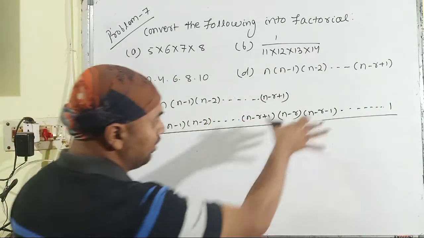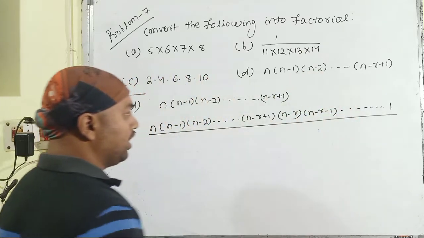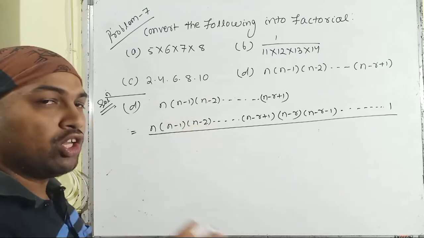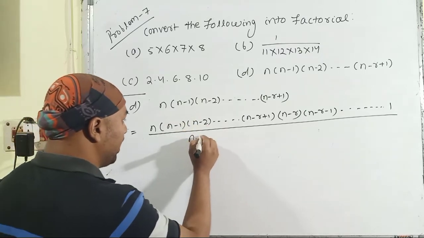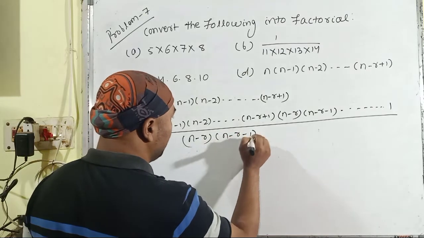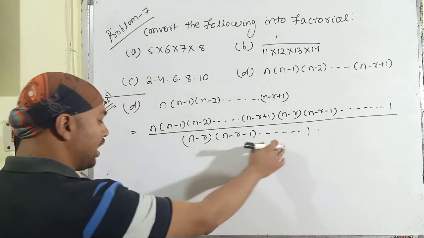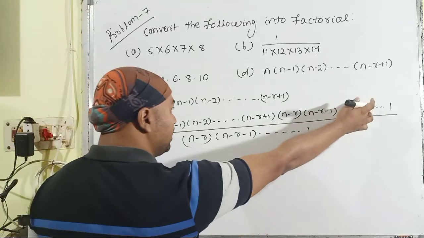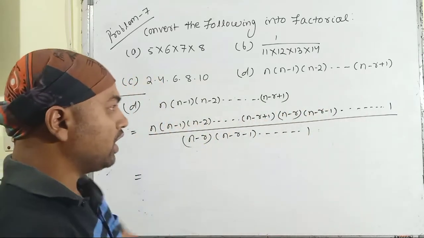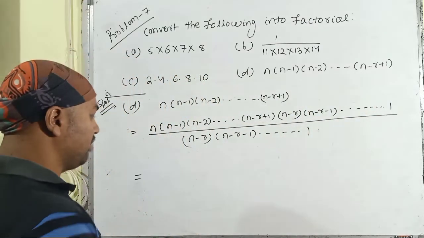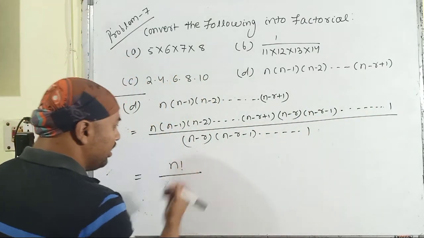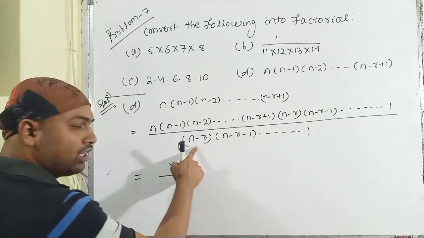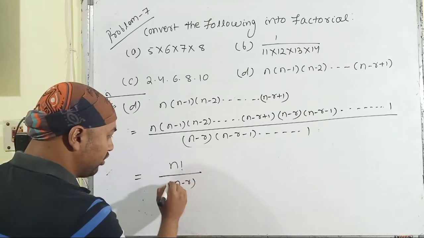Those numbers which have been multiplied in the numerator part, again we have to multiply in the denominator part, so the expression will be in the balanced form. n minus r minus 1, 1. These terms we have multiplied in the numerator as well as in the denominator. Now you can say that this is the continued product starting from 1 up to the last number, that means it is n factorial, and the denominator starting from 1 up to n minus r, that means it is factorial of n minus r.